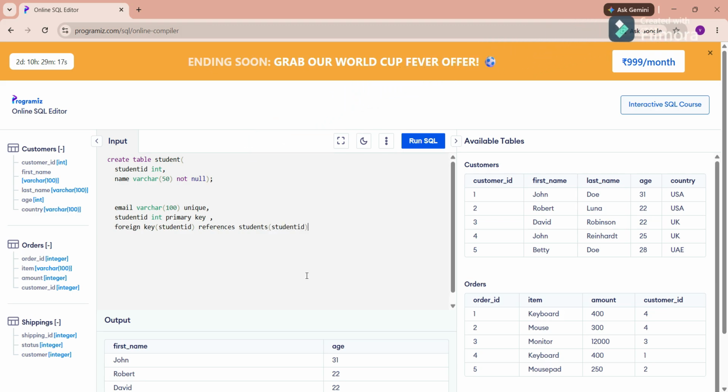We can also consider a real-life example like Amazon. We have a customer table, inside that we have a customer ID, and we have an order table, and inside that we also have a customer ID. So orders always belong to an existing customer.